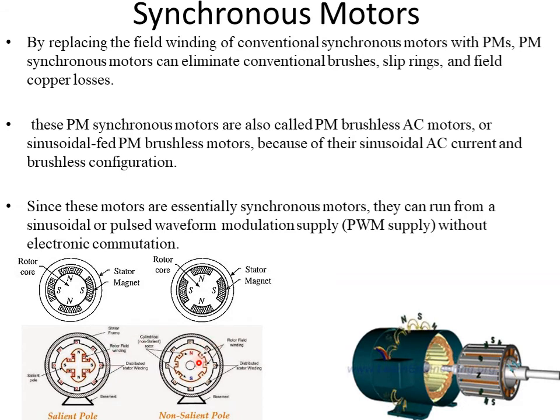So there are two types based on the rotor construction, and again, if we are not using windings, we are using a permanent magnet. Based on how we place the permanent magnet on the rotor, there can be the surface mounted permanent magnet synchronous motor like this, where we mount the magnet on the surface of the rotor, and the interior permanent magnet synchronous motor, where the permanent magnets are placed inside the rotor. So that is regarding the PMSM type of motor. There is another type of motor called the synchronous reluctance motor, where we are not using any windings or magnets, but it is just working on the principle of reluctance.